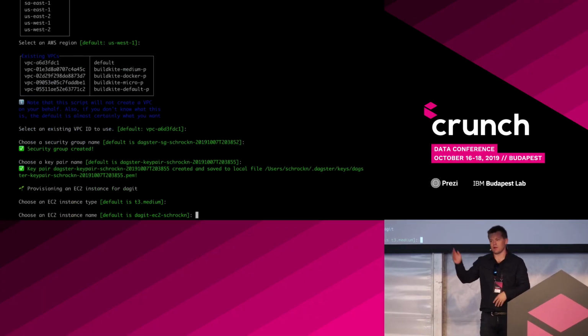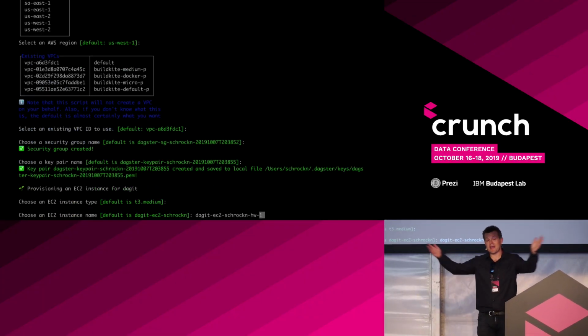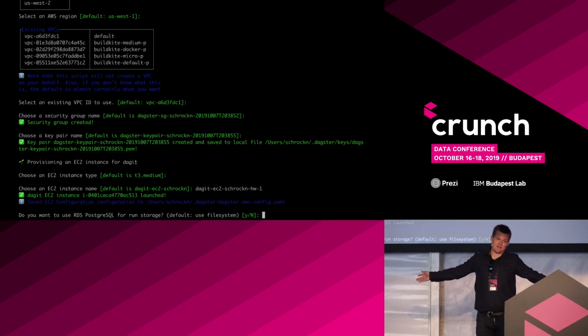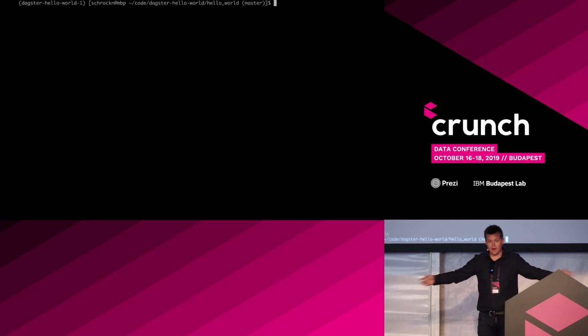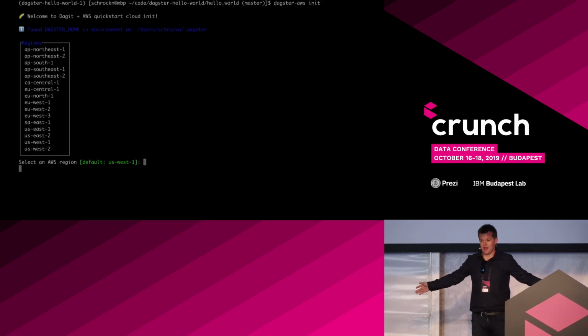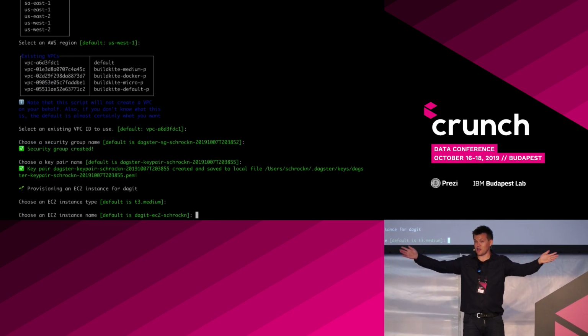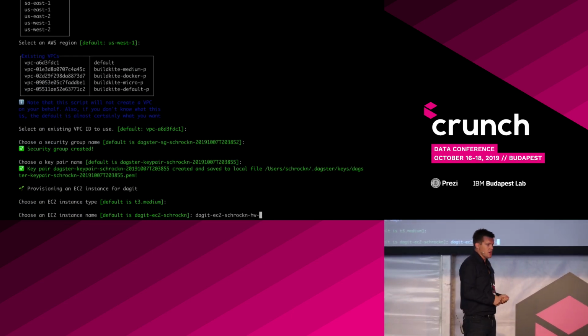Okay, well, we actually come out of the box with some automatic deployment to AWS. If you run a command, it'll spin up a node for you, security groups, key pairs, all that stuff. The mandate to the team was don't make people touch the AWS console, because who wants to interact with that thing? No one does, let's be honest. So just from a command line, you can spin up ephemeral infrastructure and run